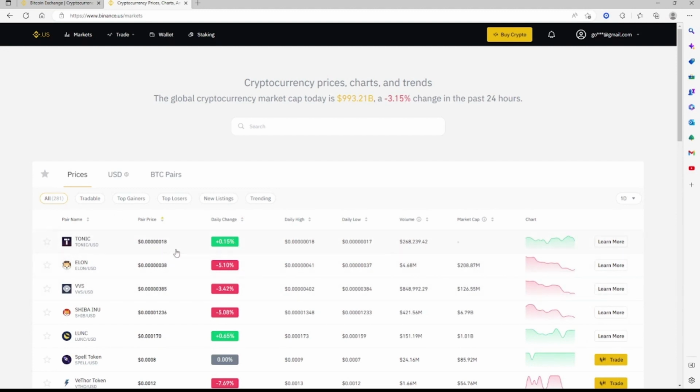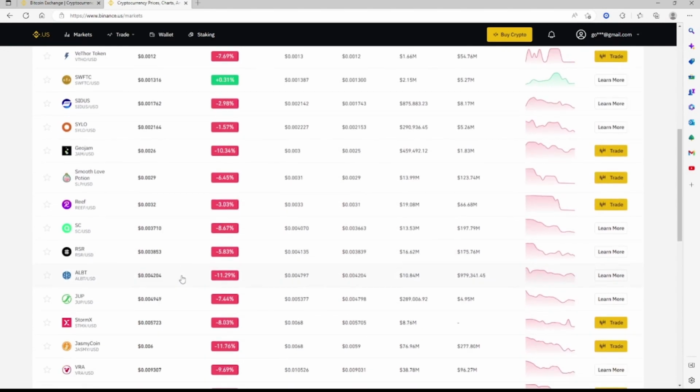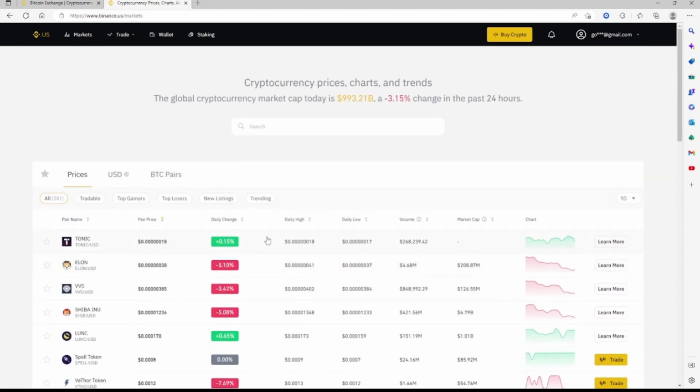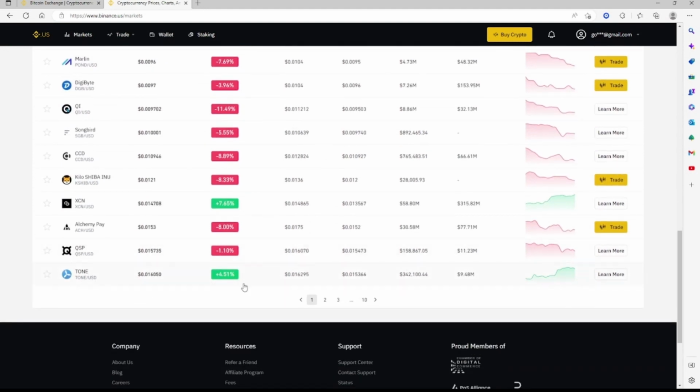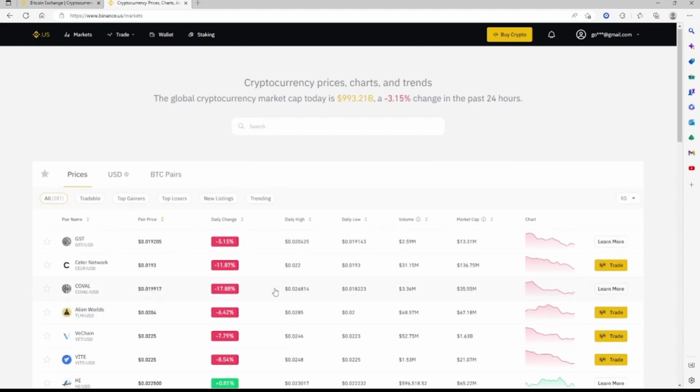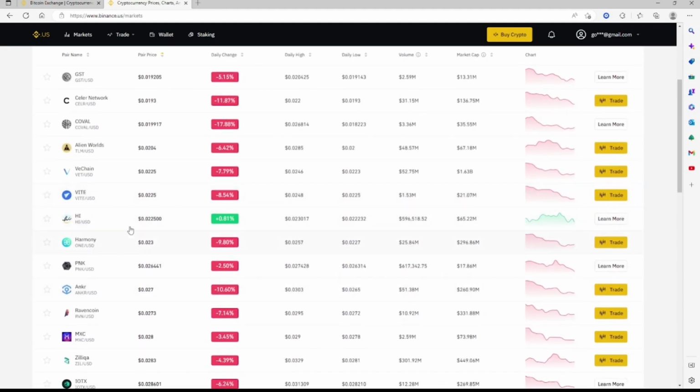So we see Tonic, Elon. So the more people who buy